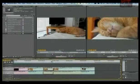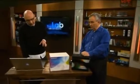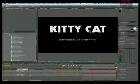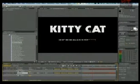But the real benefit of buying all this is when you really want to start getting into a little more detail. So if you want to add some more graphics that are maybe too complicated for the editing program itself, the nice thing is, you can actually look how slow that is with both of those running. Everything is moving very slowly. I have like 9 programs open. But you can open up After Effects and edit graphics within After Effects itself. So if I wanted to change something, say...